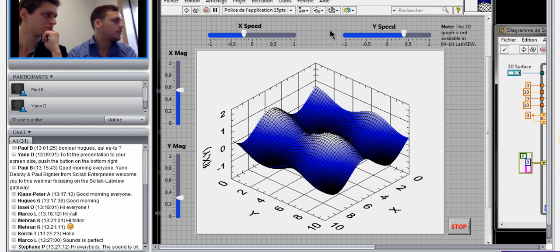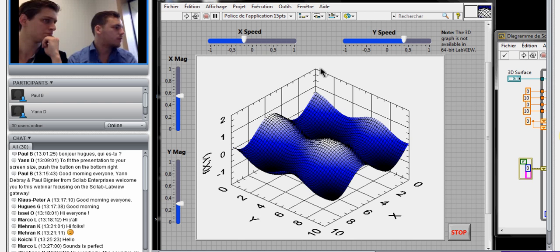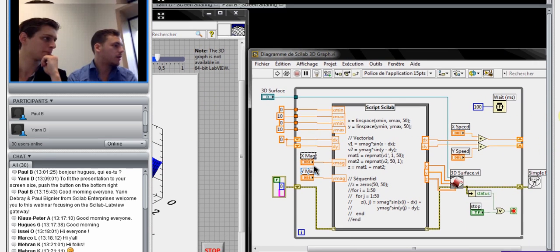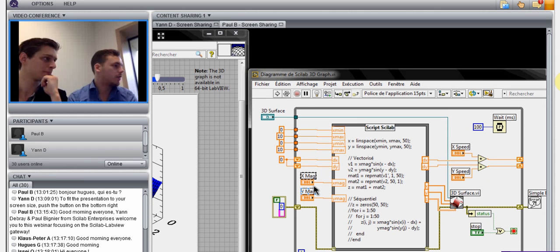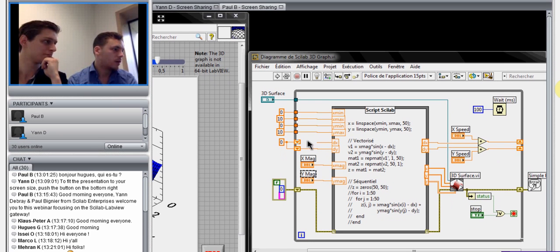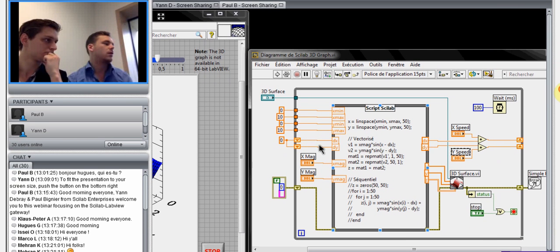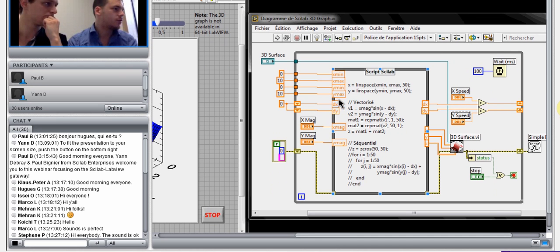My inputs are the indicators here in LabVIEW, which come in here and there, and they're all going to my